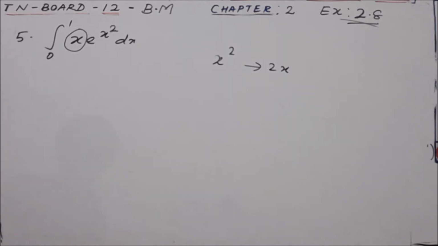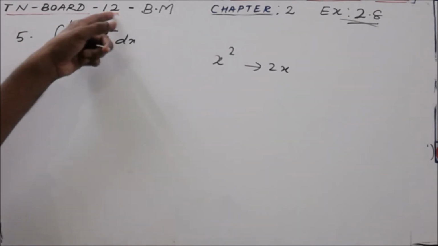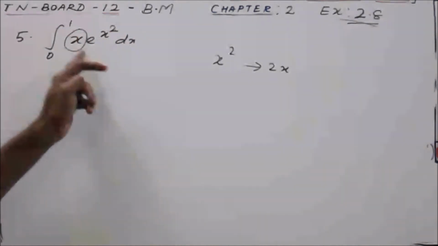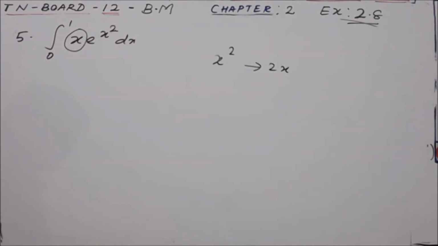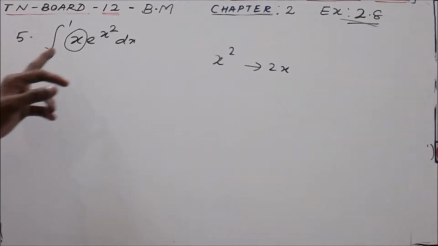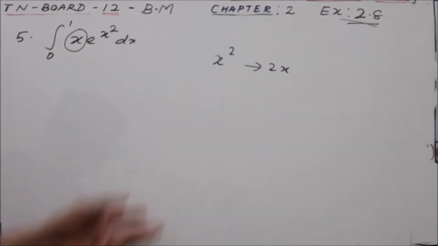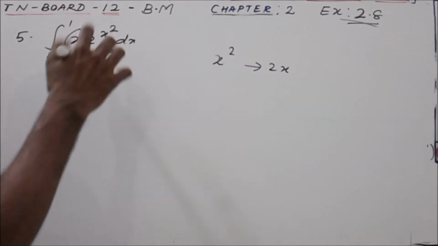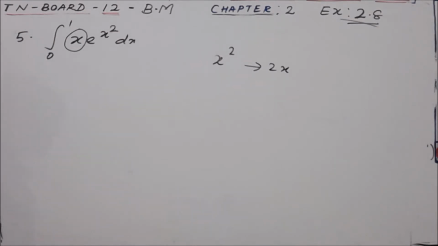So by substituting here x square as some other function, its derivative appears here. This means integration by substitution. Can you recall now? This is the method of integration by substitution. The previous problem is also in the same case. The previous sum and question number 3 are all substitution, but they are direct substitution. Here we should substitute x square equal to some other function. Here the change of variable should take place.